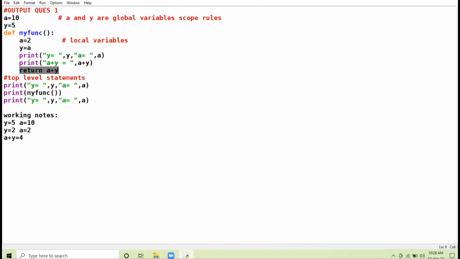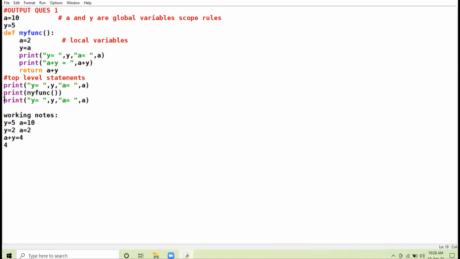The execution of the function comes to stop. Now we are again back to the statement from where we have called the function. हम वापस वहीं पर आ गए जहां से function call हुआ था. So here it will be printed 4, because value 4 is returned, so it will print 4.